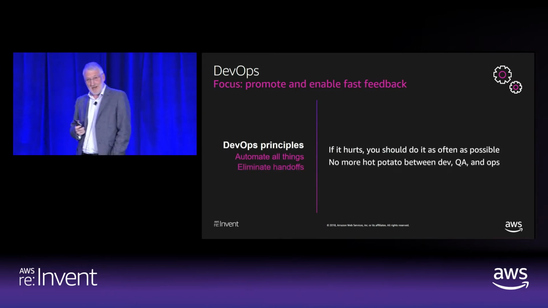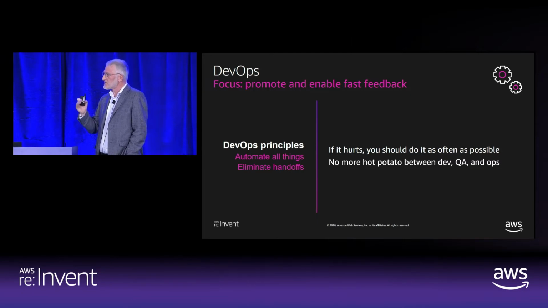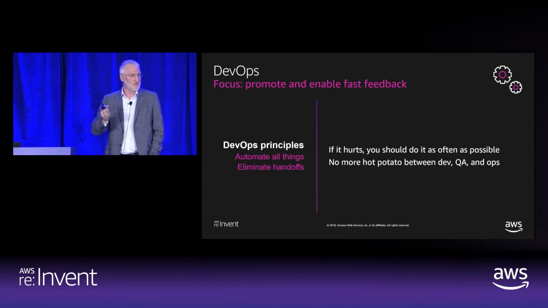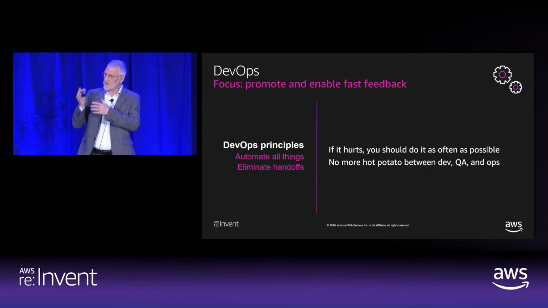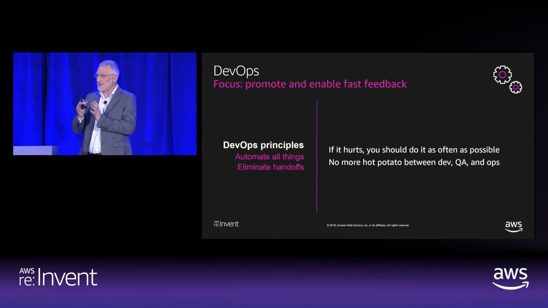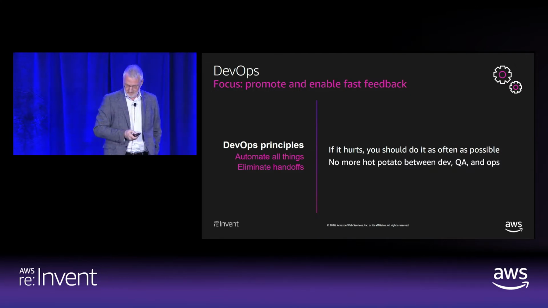And you do this by automating everything that you can, and particularly the areas where there's a handoff. In traditional environments, we have these siloed handoffs. The various silos throw things over the wall. Whenever you throw something over the wall, the communication can break down. If you can automate that process, you reduce the source of error and confusion and frustration, and you streamline things, and it goes a lot faster.